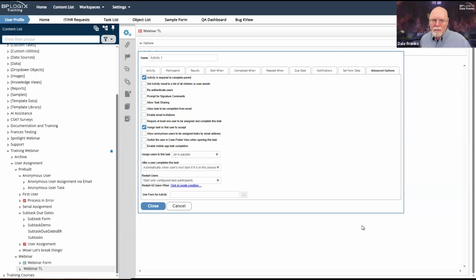The round robin doesn't run through during a single process timeline instance. It is assigned for each successive timeline instance, and it assigns one and only one user, and that user does not have any opportunity to do anything other than complete the task assignment, because they're the only one who has received that task assignment. So it is solely for them. So there's no option to accept a task. And the option to accept a task only matters if you're assigning all the tasks in parallel.